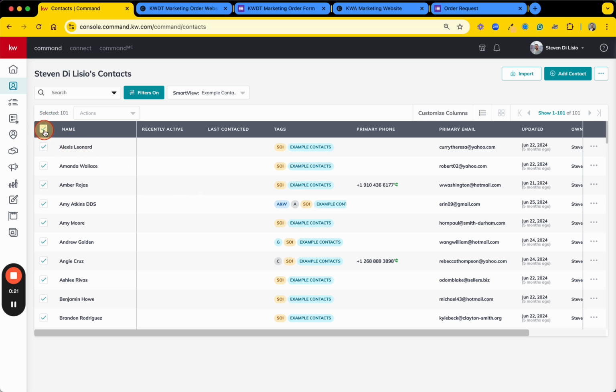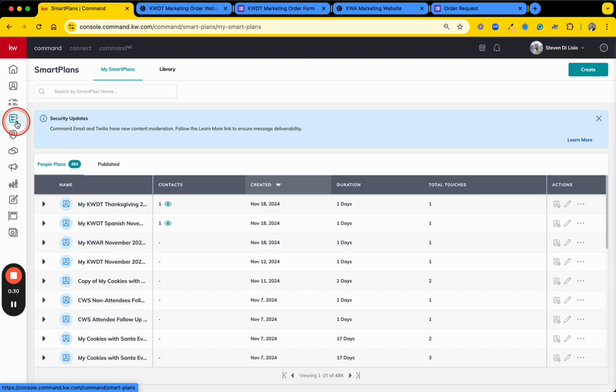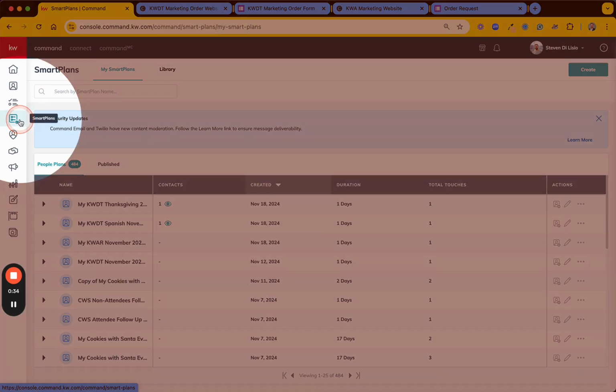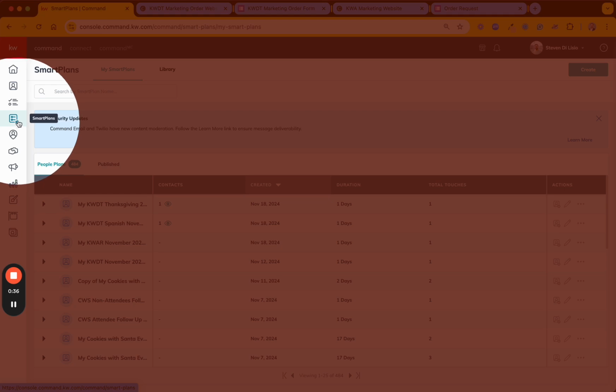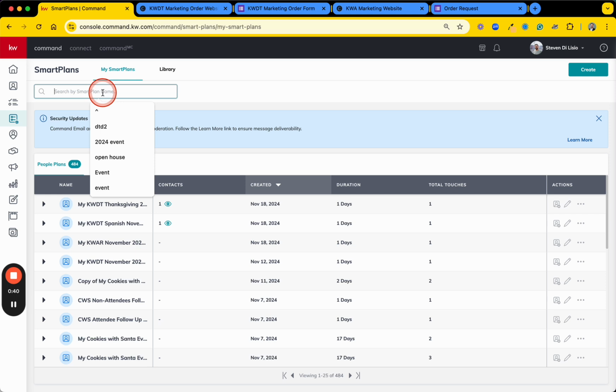And so to start, you need to make sure that the neighborhood nurture is in your account. By default, we add it to everyone's account. You would have had to delete it out of your SmartPlan library to not have it, but if you want to check, it's real easy. We're going to again start in the SmartPlans menu, and here we'll just go right up to My SmartPlans and make sure you have it by typing in Neighborhood,